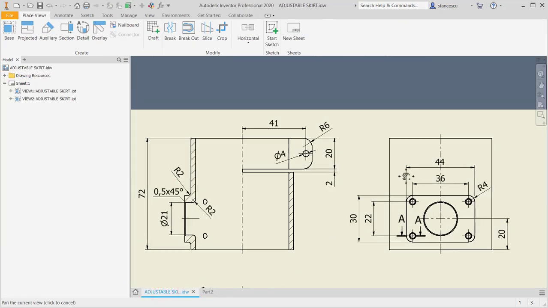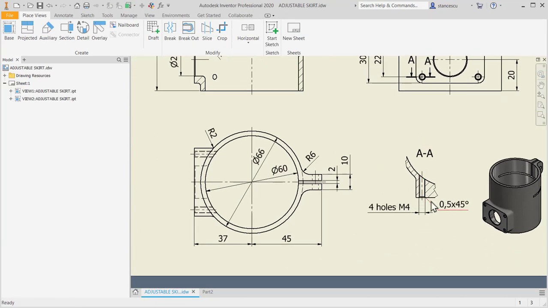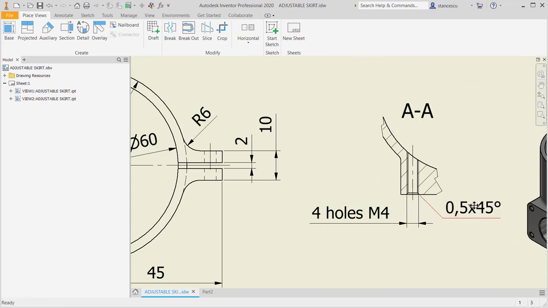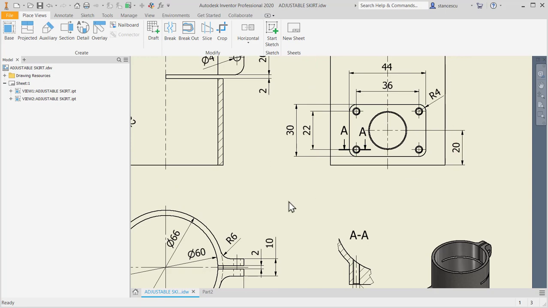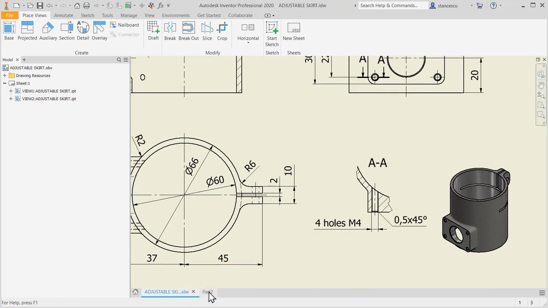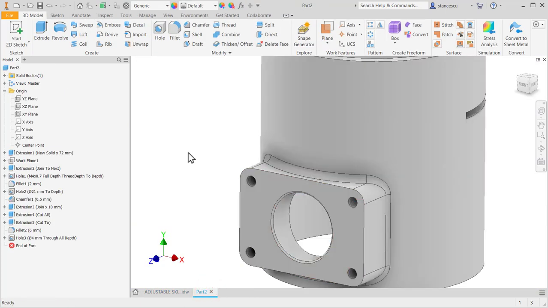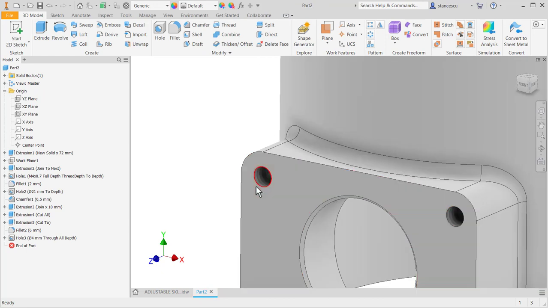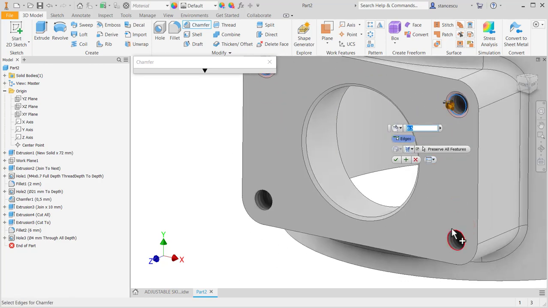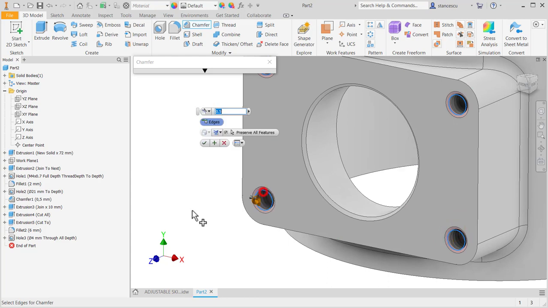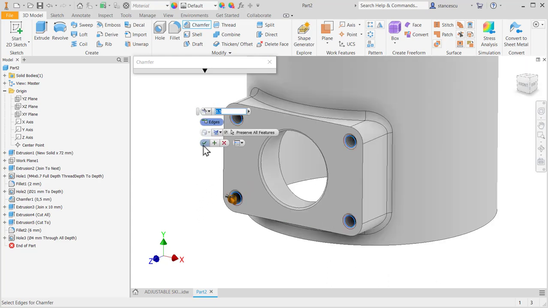What else is this? Another chamfer at every hole here. Chamfer 0.5 is already selected because of the previous chamfer. Okay,